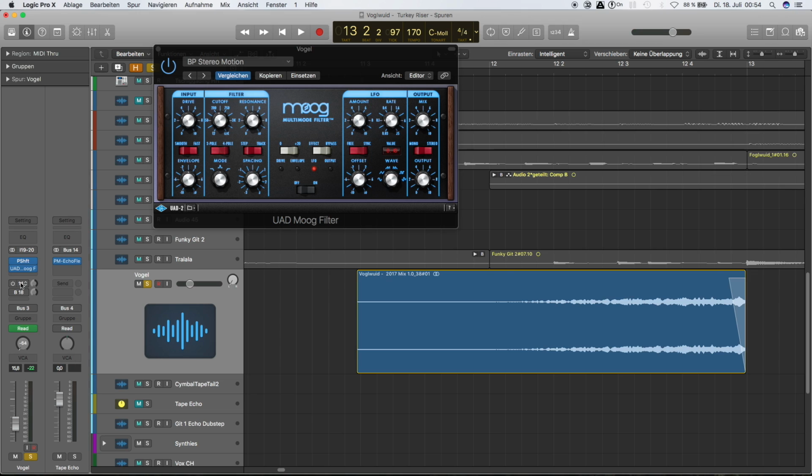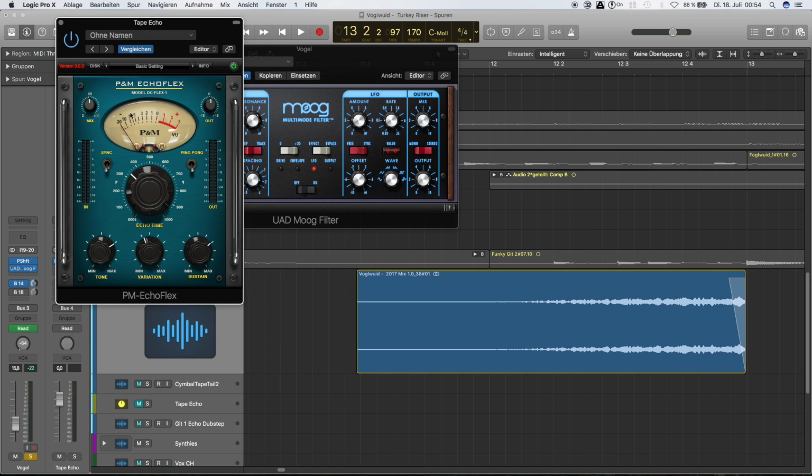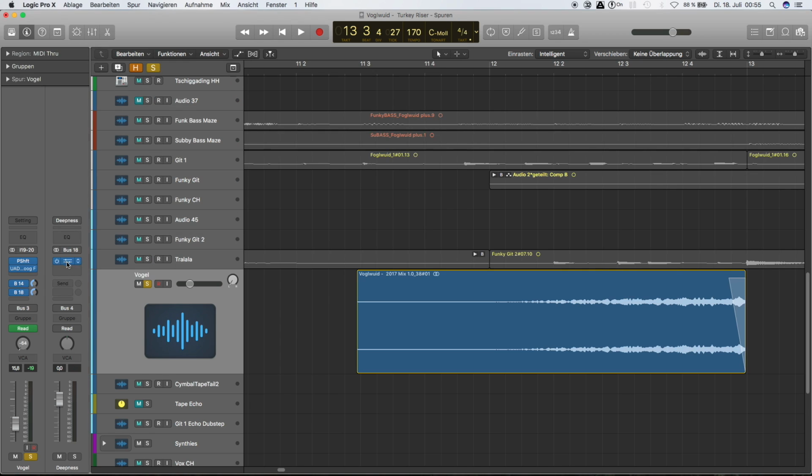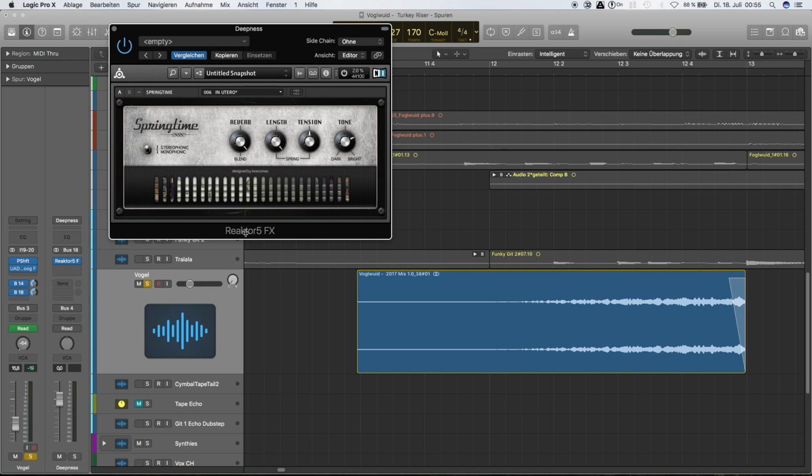Next up, I sent this reverse signal into another tape echo. This time I used the Plug&Mix Echo Flex with a setting around a little bit more than 300 milliseconds. So it sounds like that. Gets messy. And next up, I took a spring reverb, which works with Reactor by Native Instruments, and it's called